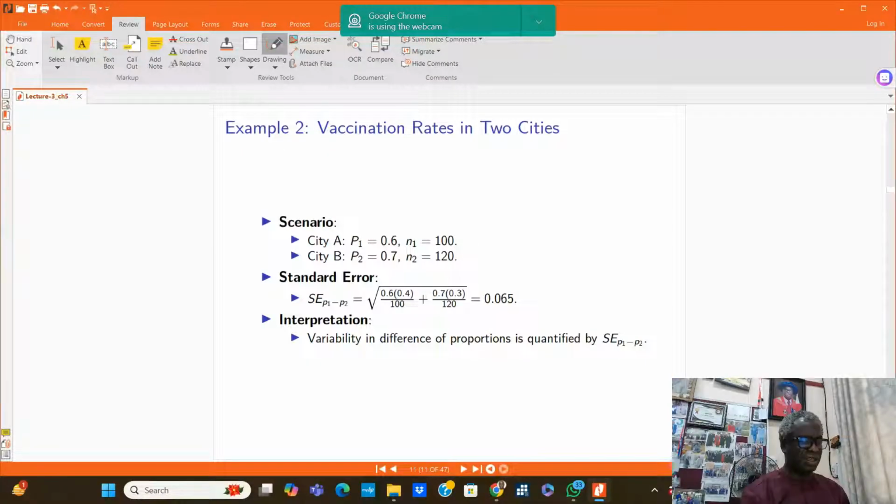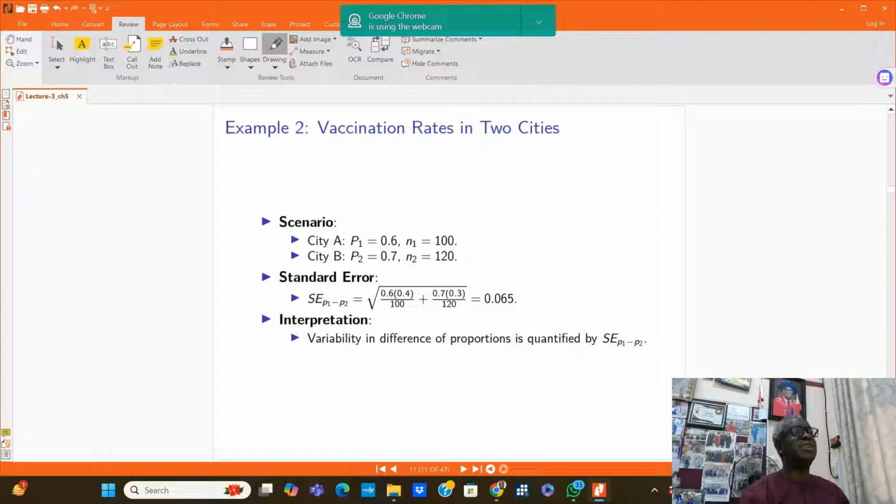So we have a scenario where, in city A, 60% of the residents exercise. That is the proportion of the population of city A that exercise. The sample size is 100. Then the second city, we have the proportion of the residents that exercise to be 0.7, and the sample size is 120. So we have two populations. Here, city A is one population, city B is another population. And so we might be interested in,